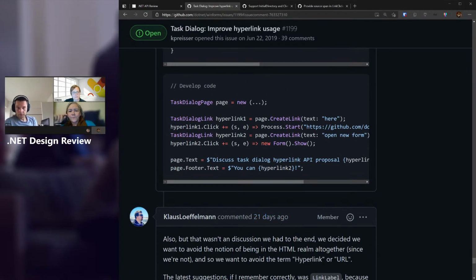But I hear what he's saying. As you can see, we've been going since June 19, so we took our time and discussed quite a bit. The other alternative you have is just not having the object model at all. You could have a model where you just put the hyperlinks in text, and you only have an event that you handle, which gives you the hyperlink information that was clicked, basically the link target.